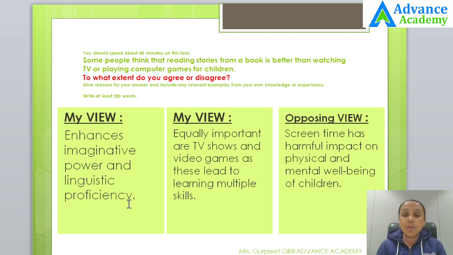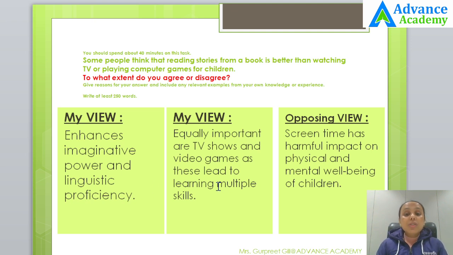So reading storybooks, the stories must be age appropriate. At a very young age, their parents might read those books to them, and slowly the children might start reading those stories on their own. So they might start from some fairy tales or stories about superheroes or something like that, and later on they might come to more mature or some serious kind of detective stories or project stories so that they start forming a proper linguistic proficiency around them.